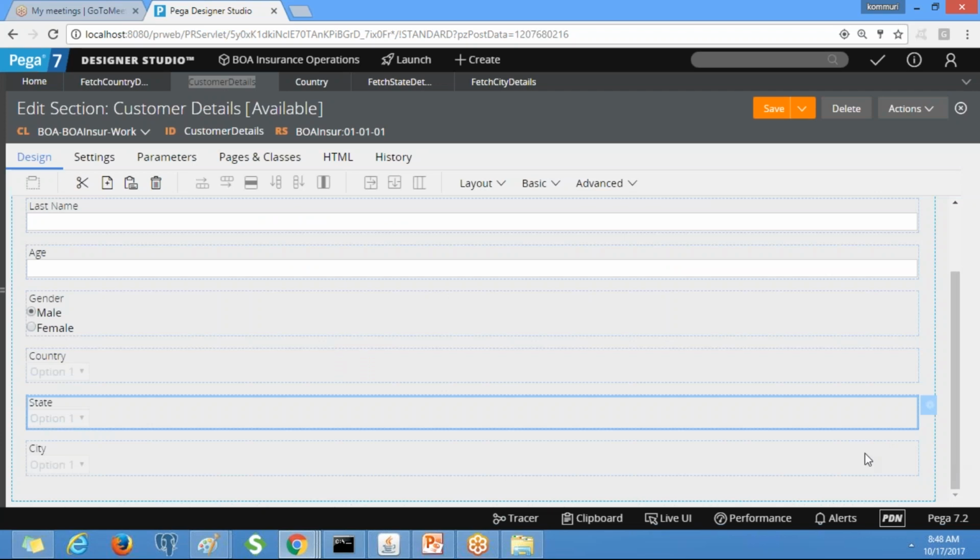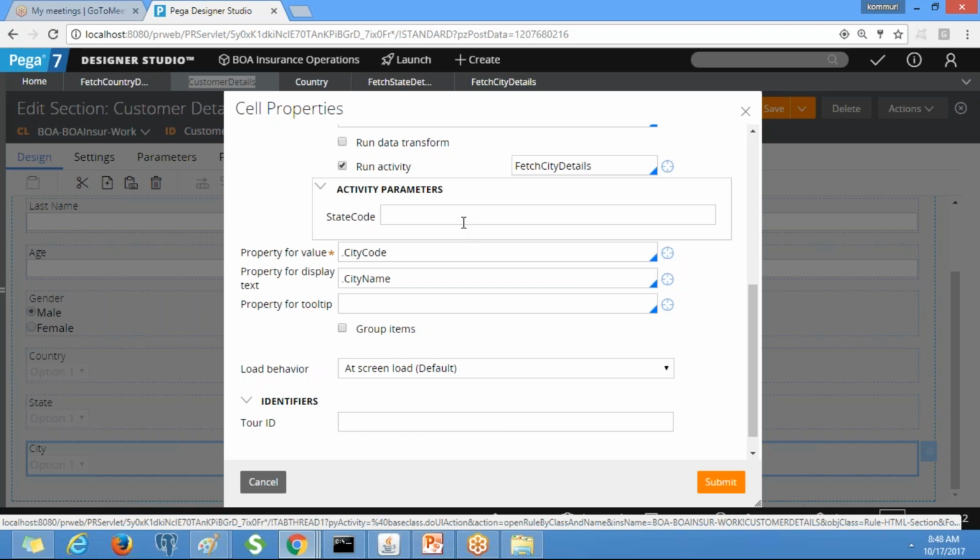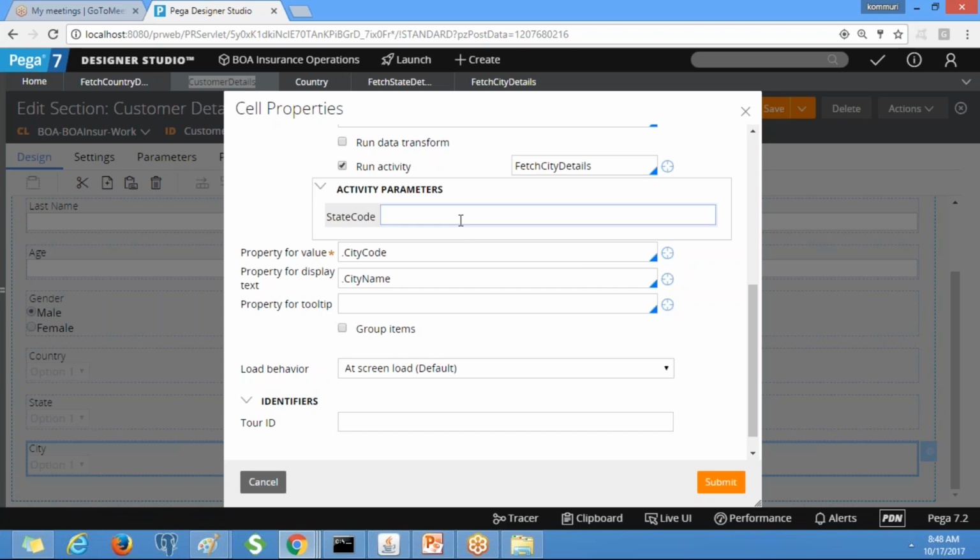Similarly, go to the city property. Here we need to give the state property. That's it, everything is already there, so we need to give the parameter value.